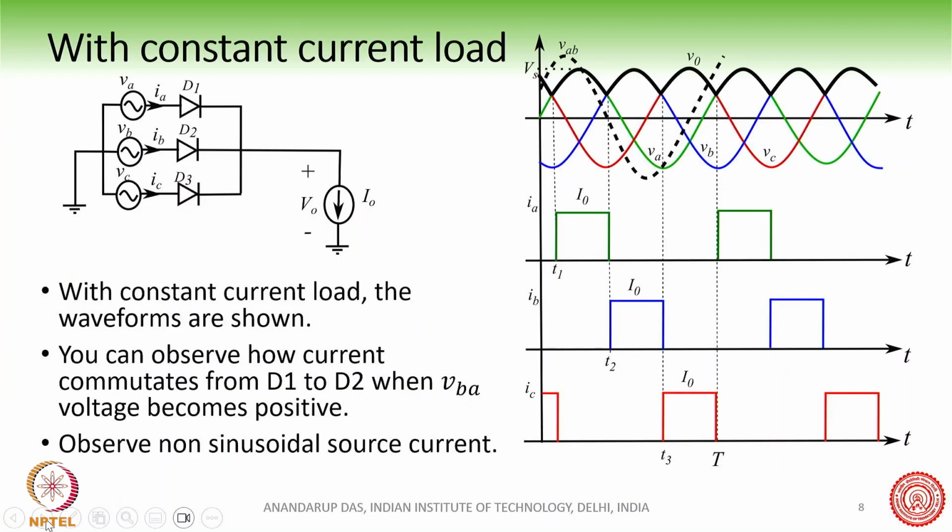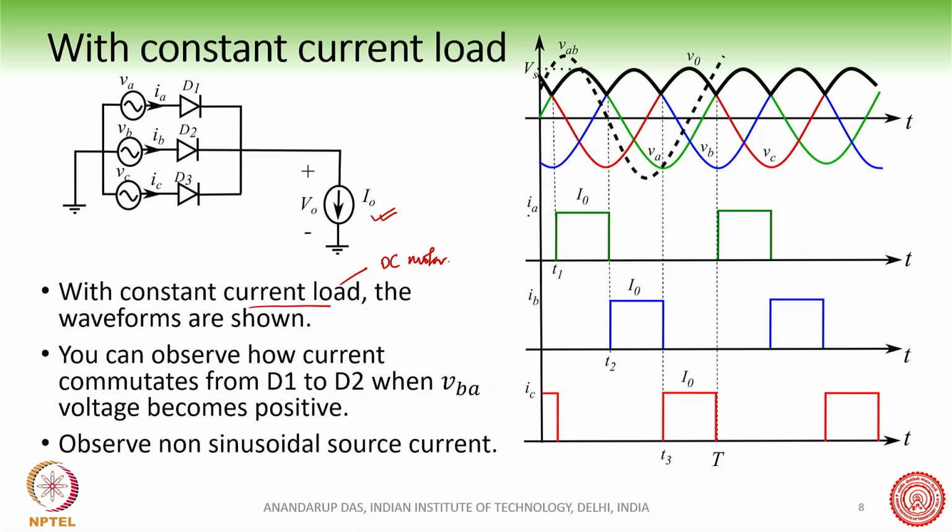This can also be extended theoretically to a constant current load. Although we do not use this kind of half-wave rectifier, we use a full-wave rectifier, which we will see a few slides later. But theoretically, we can also use a constant current load in this case. A constant current load means something like a DC motor. If we have a DC motor, the winding inductance is so large that the armature current can be thought of as a constant current, ripple free and in the continuous conduction mode.